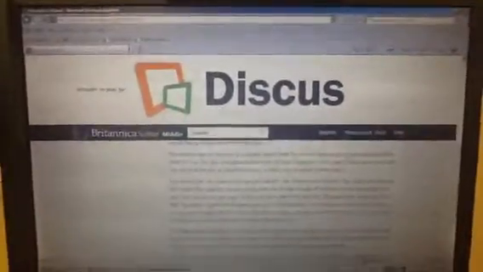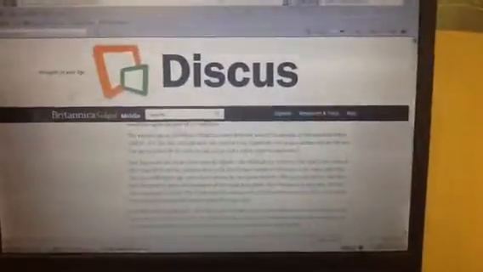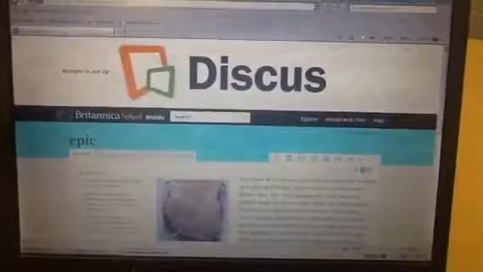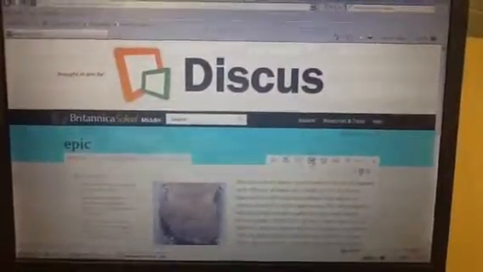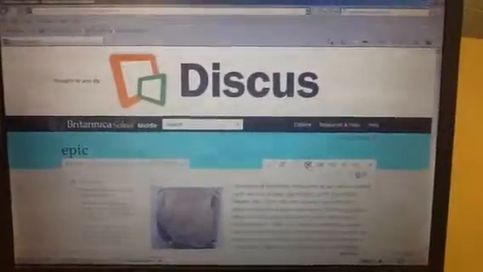So now, because I'm finished with reading the article, I need to cite my source, and this is where Discus comes in, a wonderful resource, because up here in this menu bar where I have the check mark in the box, this will actually allow me to cite my source, and you can see that it will give me citation styles. Here at Gilbert, we do the MLA style, and down here